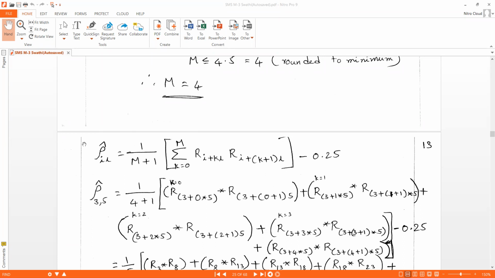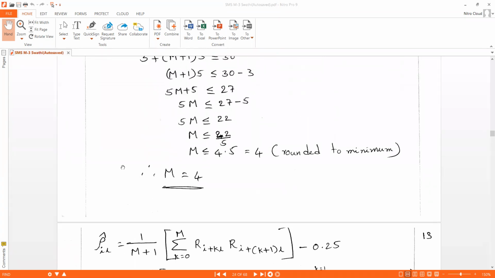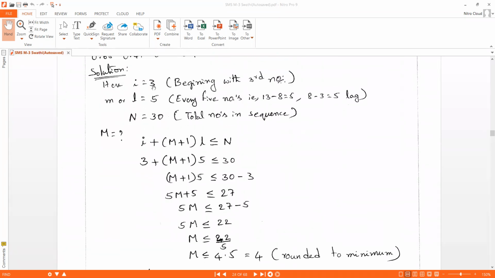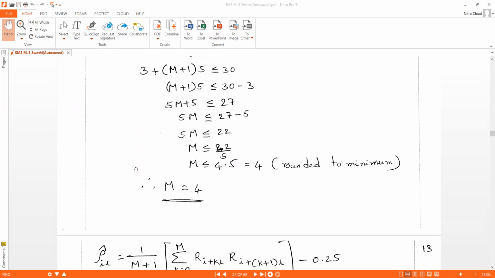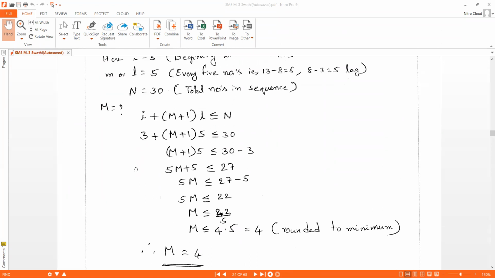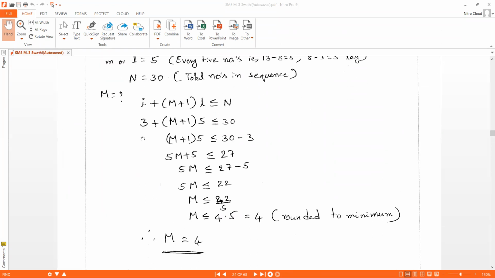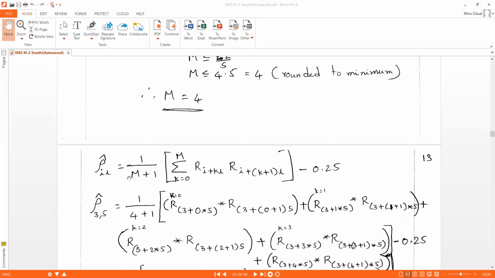That is the formula to find the rho IL cap value. What is the I value given in the problem? I value is given as 3. What is the L value given in the problem? L value is 5. So it is rho 3 comma 5 equal to 1 divided by,